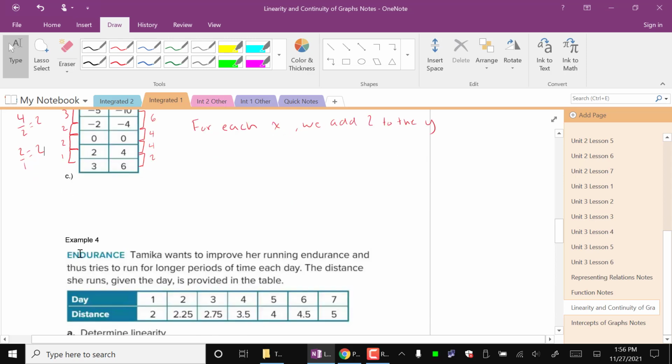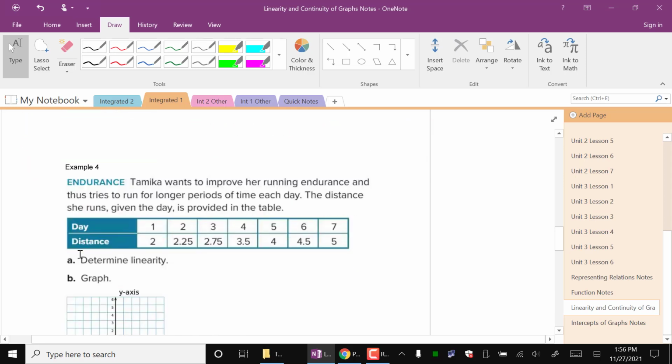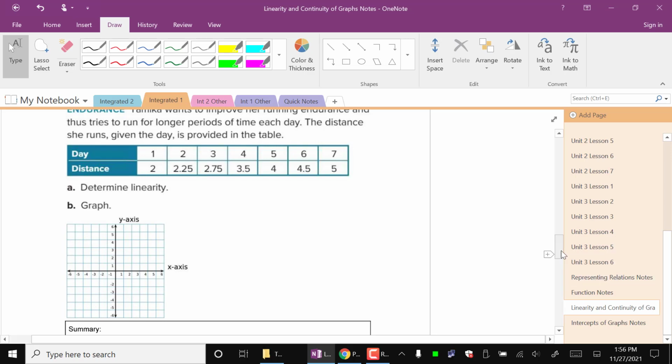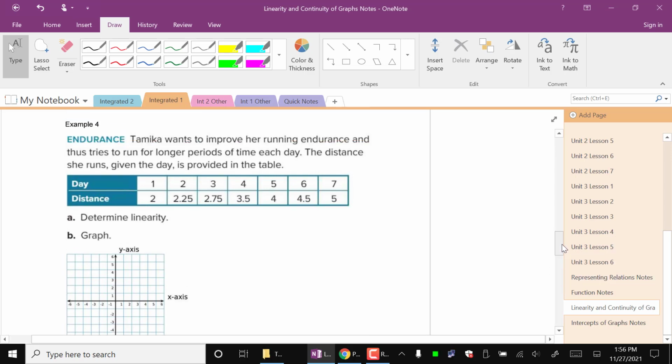Let's take a look at example 4. So this one, we want to determine, is this linear or nonlinear? After we determine that, we want to graph it out as much as we can. So let's go ahead and determine if it's linear or nonlinear using that same idea. And if we look here, the jump for each one of these is the same. We have a jump of 1. What does that mean? Since we have a jump of 1 here, the change that we have down here should